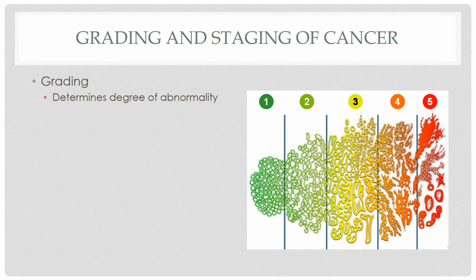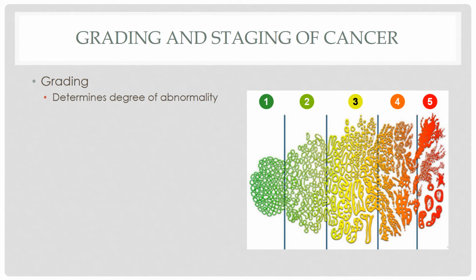When differentiation starts to disappear, the grade will increase. So grade 4 will be much less differentiated than grade 2. Most of the time the grading will be numbered with Roman numerals from 1 to 4. However, in the prostate cancer case, we may use 5 grades for grading the malignancy,